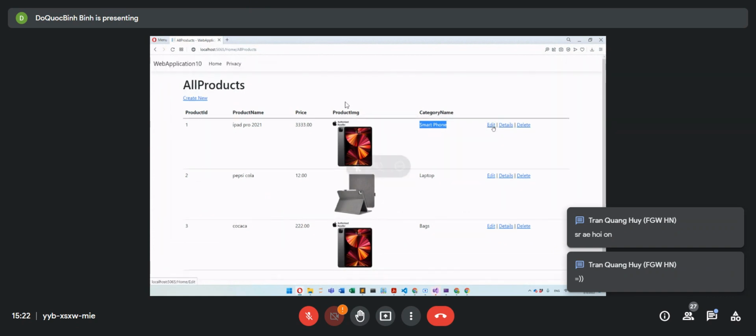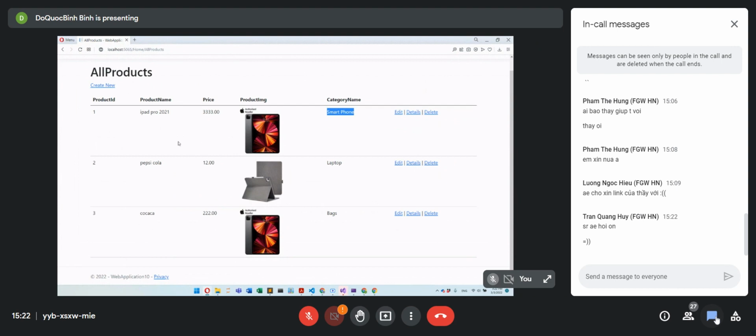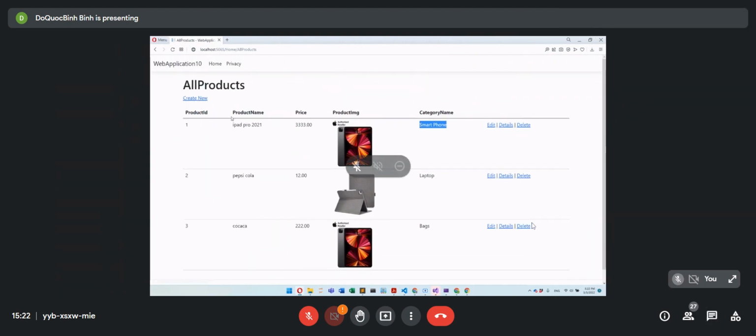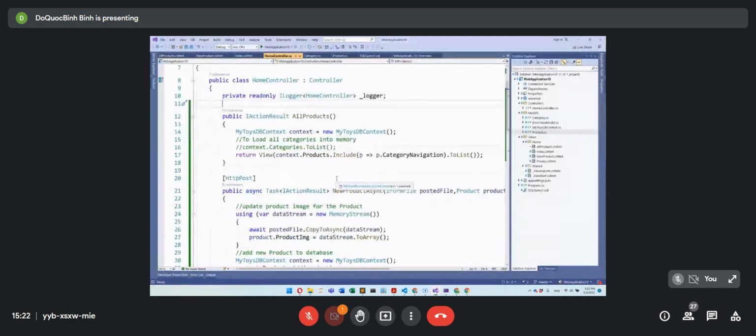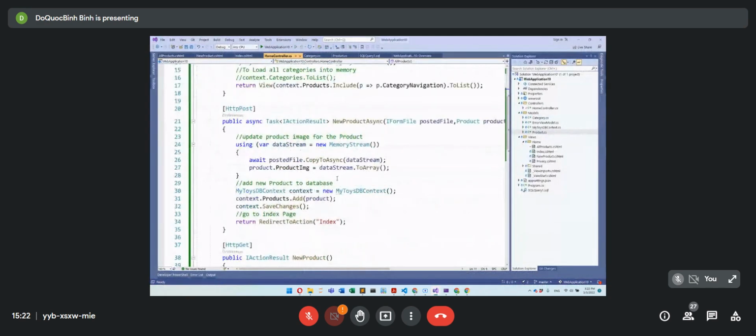Okay. The other functions such as edit, delete, detail delete, I think it's easy, so do it by yourself. So I have completed most of those difficult tasks of creating new products with categories, with pictures, and displaying pictures from the database. Okay, so next, we want to do some